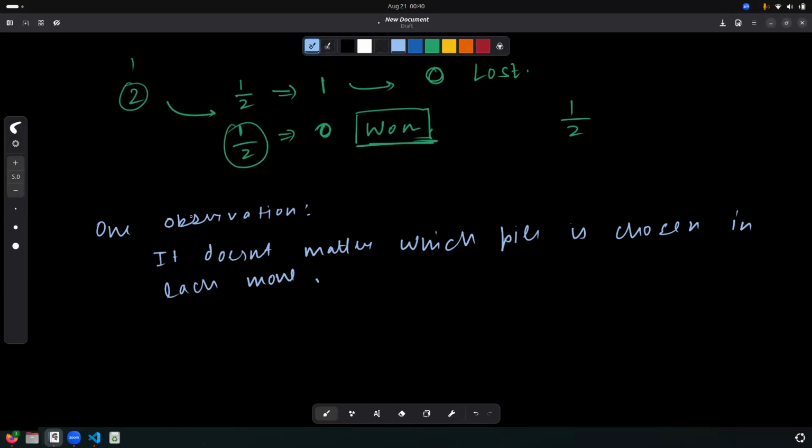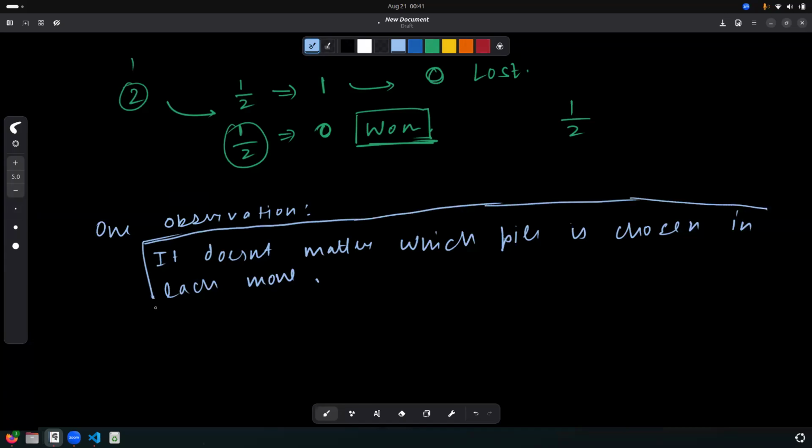In this particular game, it does not matter which pile is chosen in each move, because we need to find the probability that the game ends in an odd number of moves. So choosing which pile to remove elements from does not matter, because